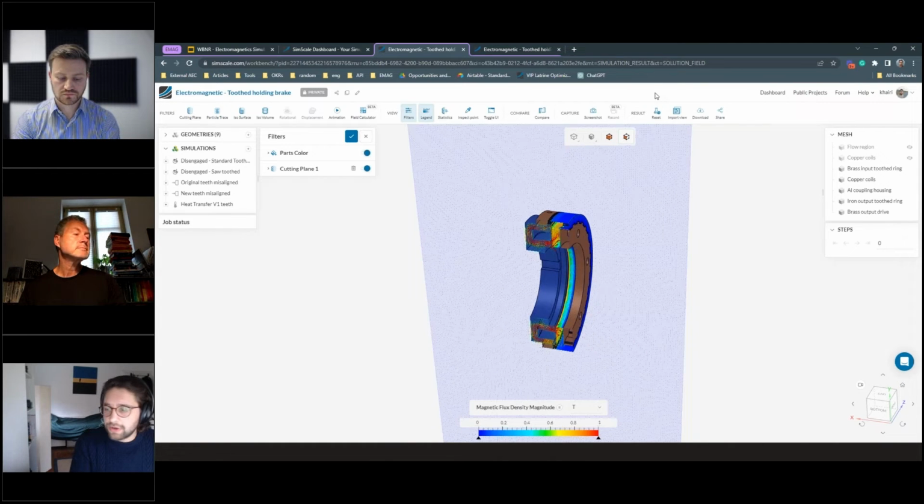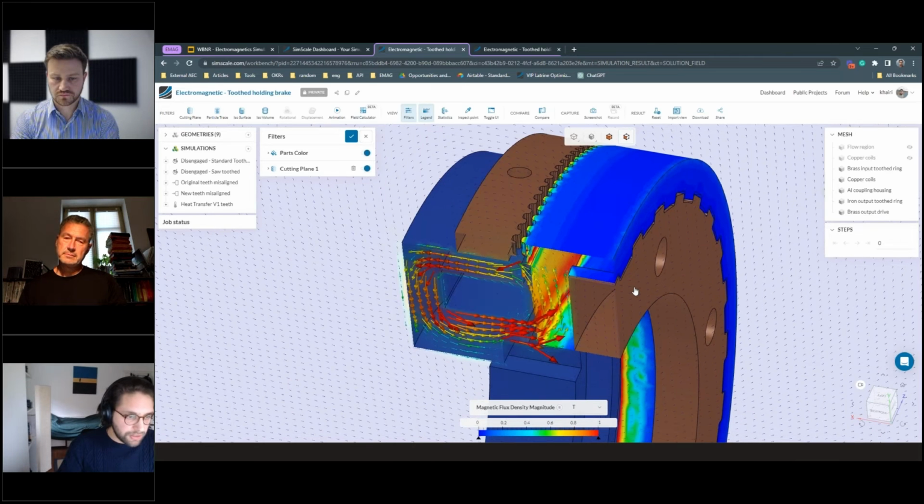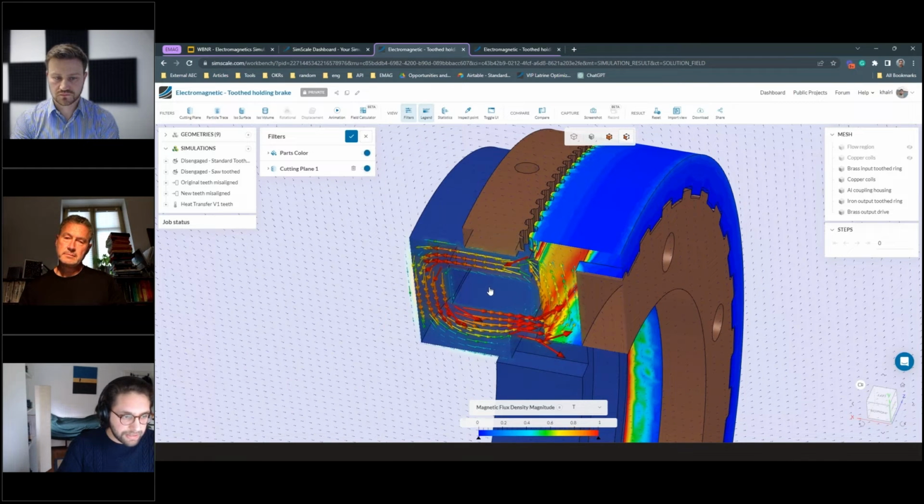With SimScale, this cost of investing in hardware is completely eliminated because everything is directly powered in the cloud. Now, let's take a look at the magnetic circuit generated from this simulation. So we see over here, we have the coil that's generating the magnetic field. You see how the magnetic field essentially is forming a closed circuit between the armature and the actual stator housing